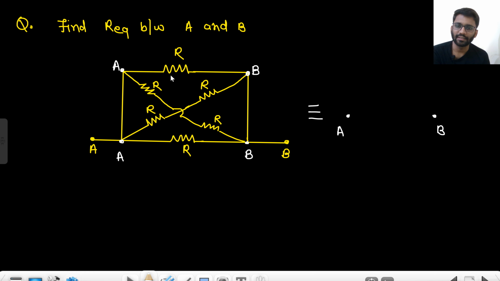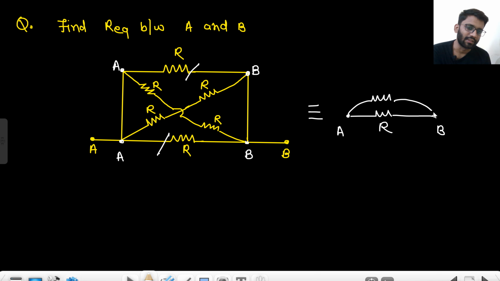Between A and B there is this resistance R. Okay, so we have written this resistance R. Between A and B this resistance R is there. One more resistance R is there. One more resistance R is there. Between A and B there is 2R resistance, right? R plus R, 2R. Both of them are in series. So between A and B, this is R and R, 2R resistance. So I will make 2R resistance. And between A and B, there is this 2R resistance as well. So R and R, 2R.